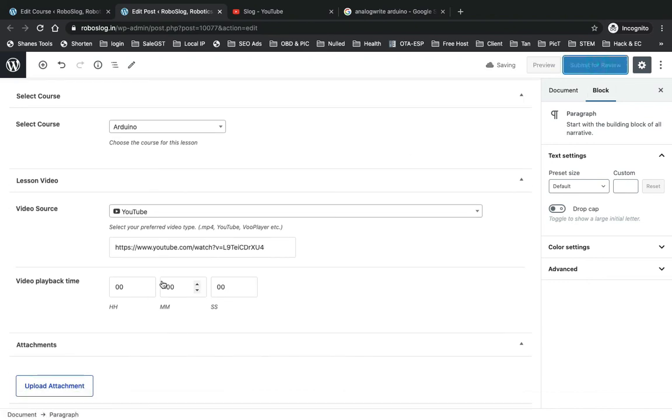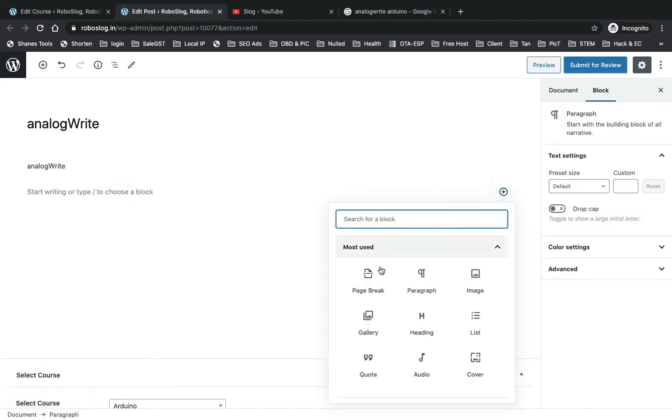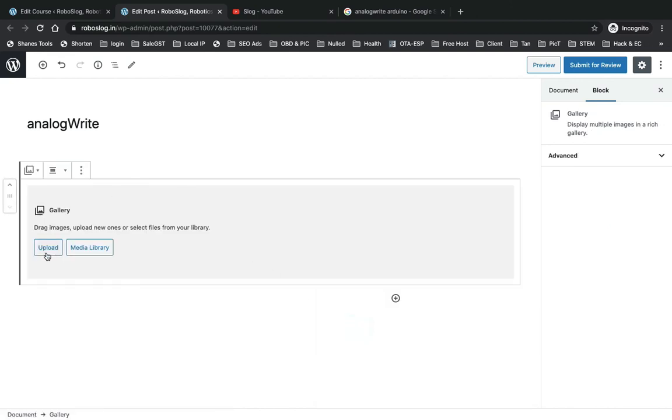So hence I guess we have added a lot of things. We can now check. Now let me add one or two images here so that you can get the exact idea of how it will look like.